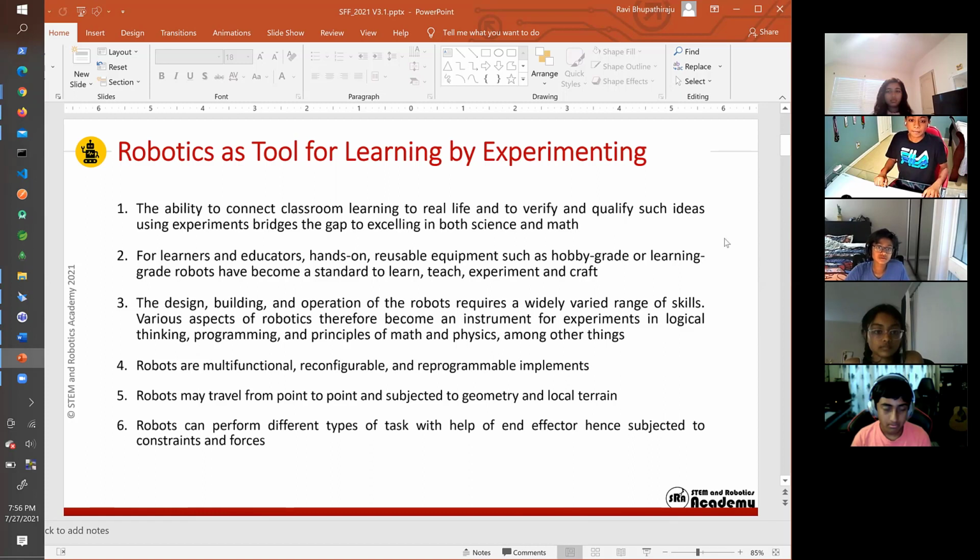Our ability to correlate what we learn in the classroom with the system of real life, and to both qualify and verify those ideas via experimentation, is a cornerstone of grasping information and achieving goals within science and math. For many learners and educators, reconfigurable equipment, like hobby and learning grade robots, have become a natural medium to learn and evaluate. Robots are a very special category of machines, separated from others by their ability to be reused